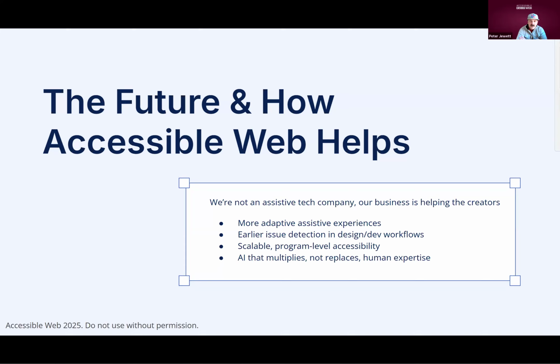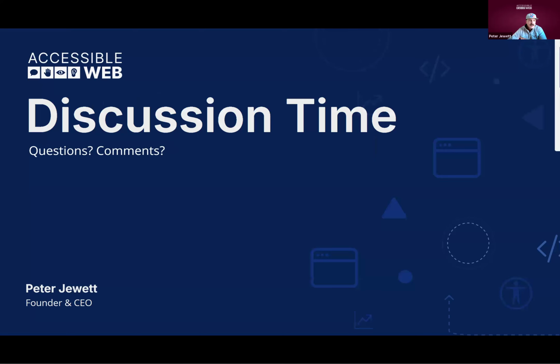The models just aren't there yet, but we want to help drive this in a responsible manner. So the future will belong to the organizations that adopt AI responsibly, transparently, and in partnership with the disability community. And that's